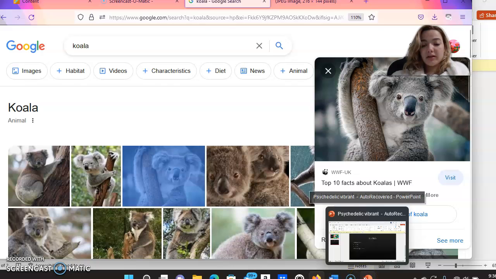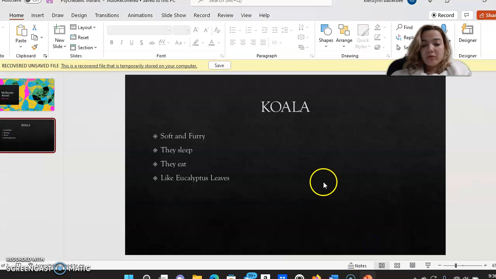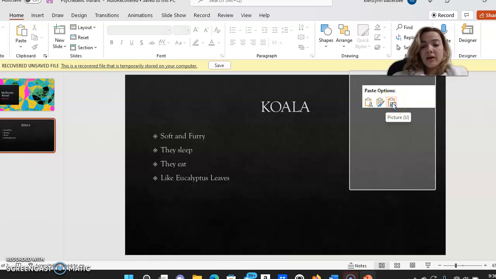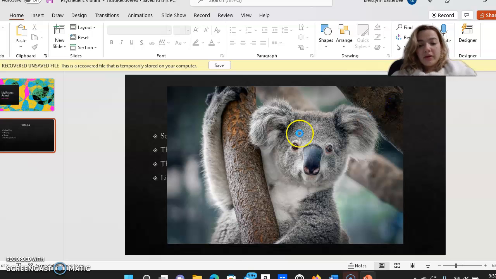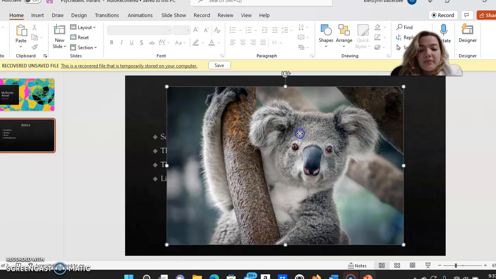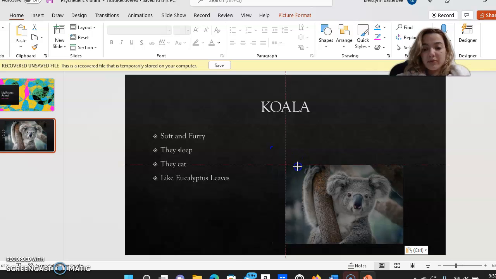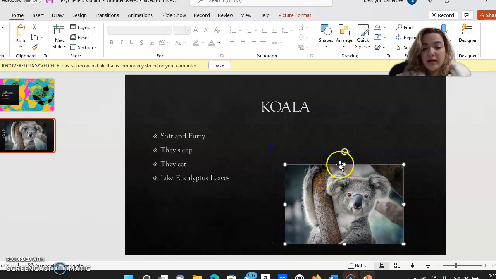You would left click it, go back to your PowerPoint over here, and then you would right click and then click the picture with the clipboard, and there we go. Now I need to adjust my picture, right? So here's what I will do. I will shrink it and then I will move it